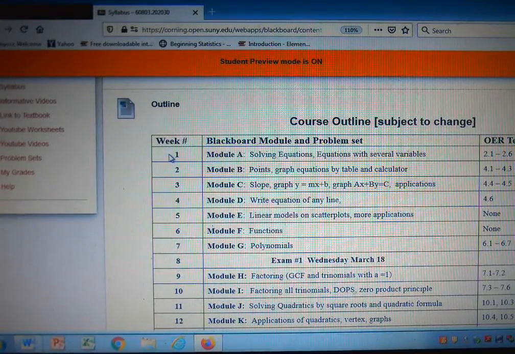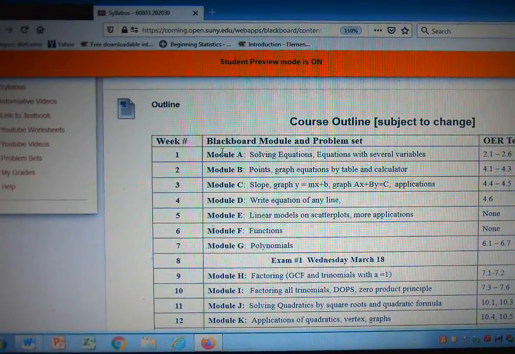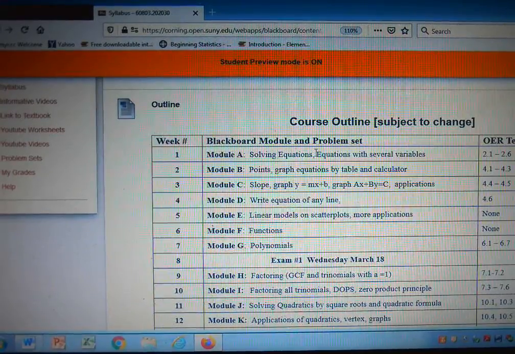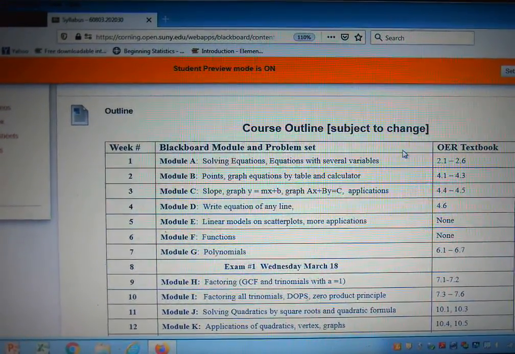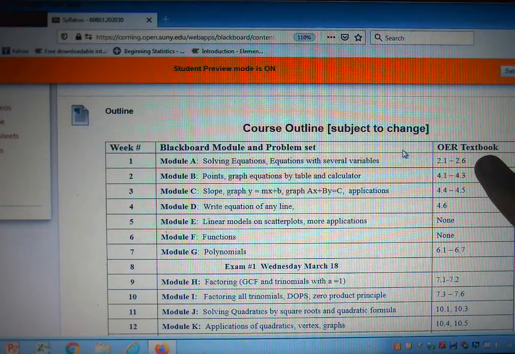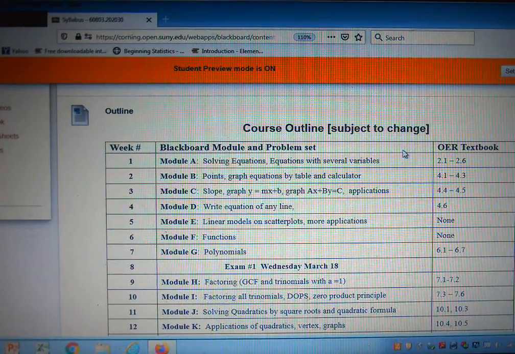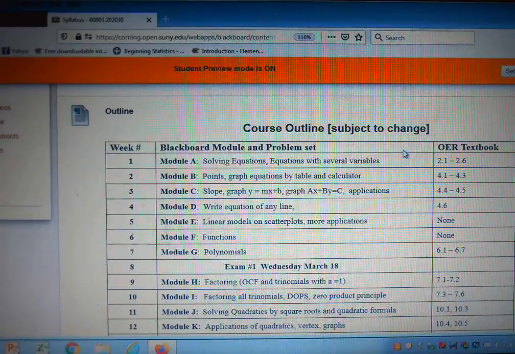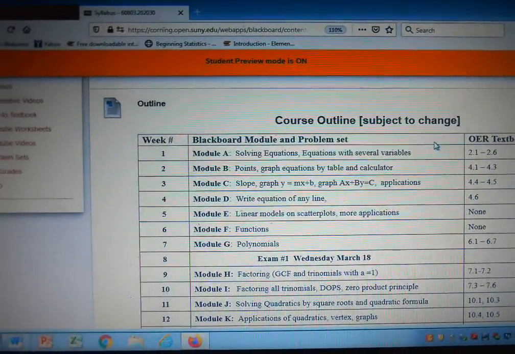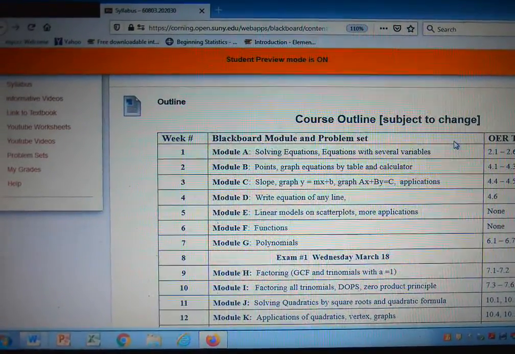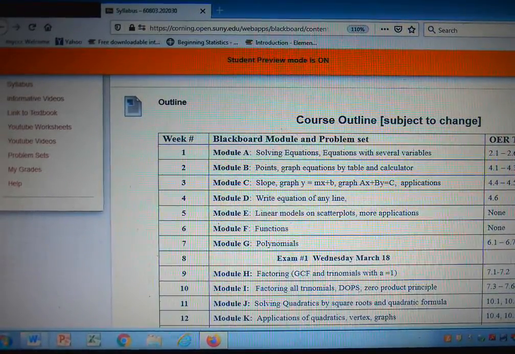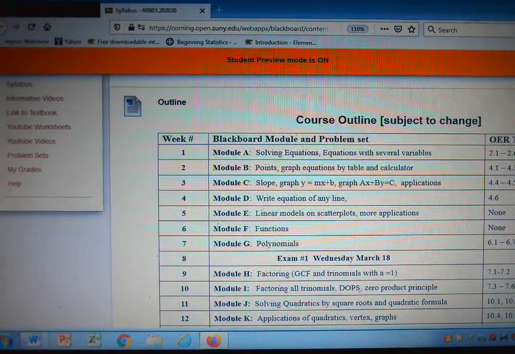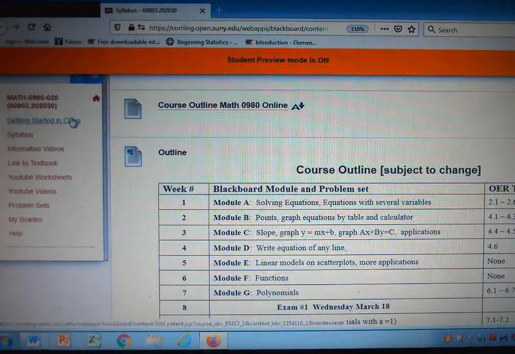Okay, so week number 1 in Blackboard we'll be doing Module A in the problem set A, which goes along with these sections over here in the OER textbook. And I'll mention more about this in a minute. Okay, so that is what the syllabus and the outline is. Okay, so if I go back to the getting started in class,